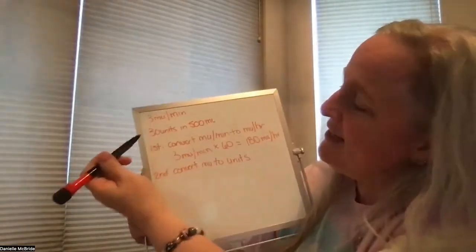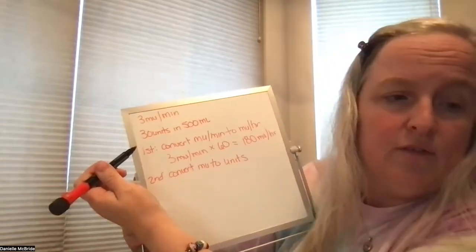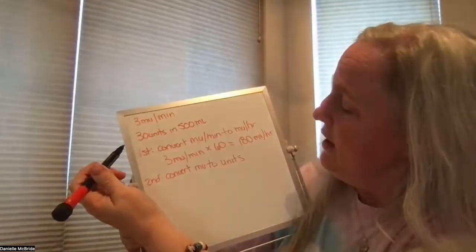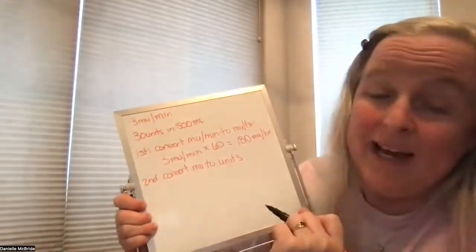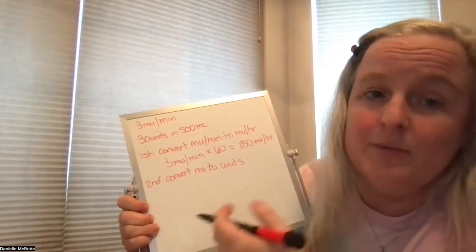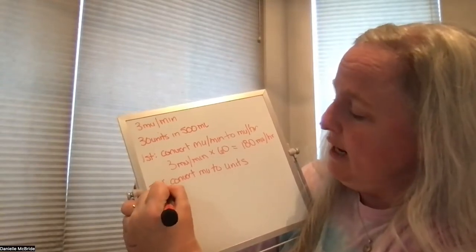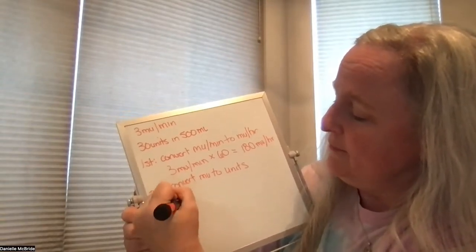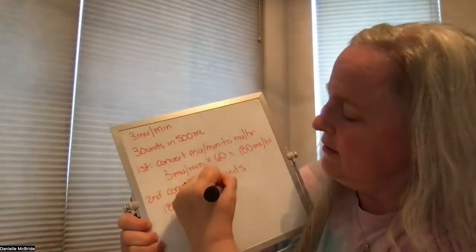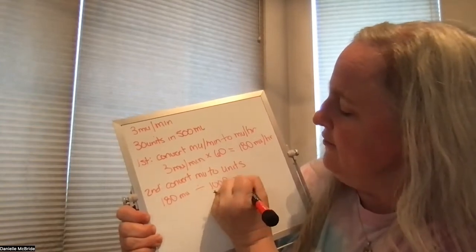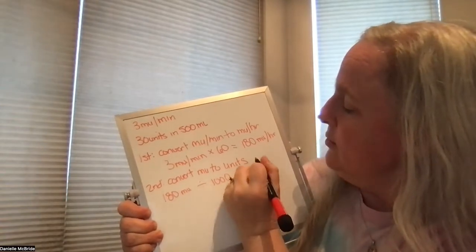Now we need to do this because it's dosed in units. Okay. So the way we're going to convert milliunits to units, you can do this a couple ways. You can divide by 1,000. Remember, milliunits is the same as milligrams, milliliters. So I can say 180 milliunits divided by 1,000. And that is going to give me my number of units. So this is going to be